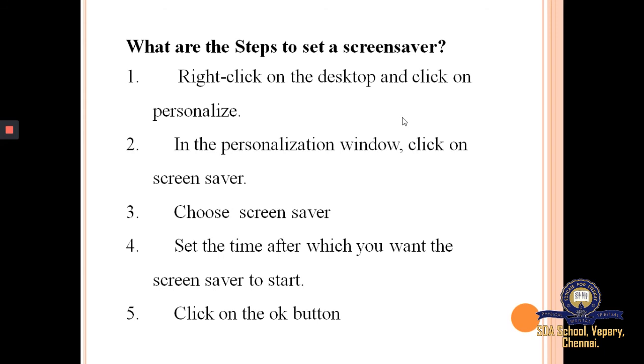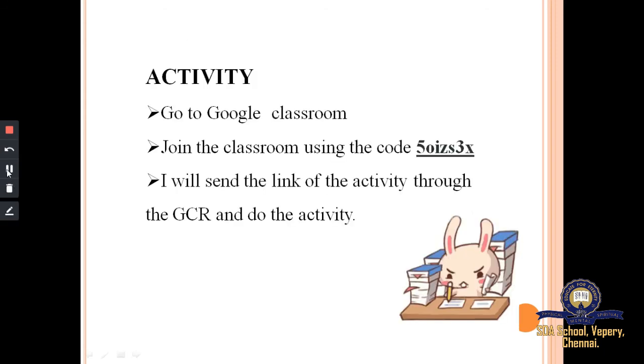Then you have to choose screensaver settings. Then the screensaver dialog box will open. Set the time after which you want the screensaver to start. Finally, you have to click on the OK button. These are the steps to set a screensaver.